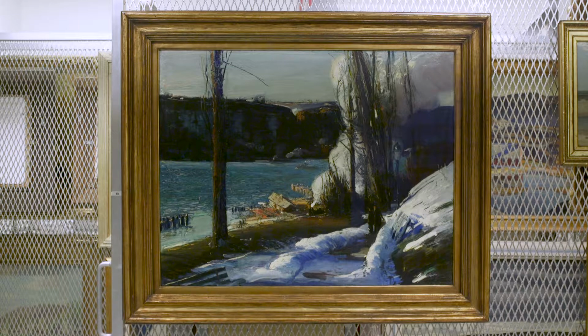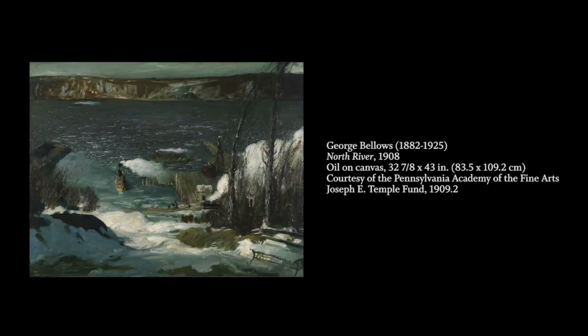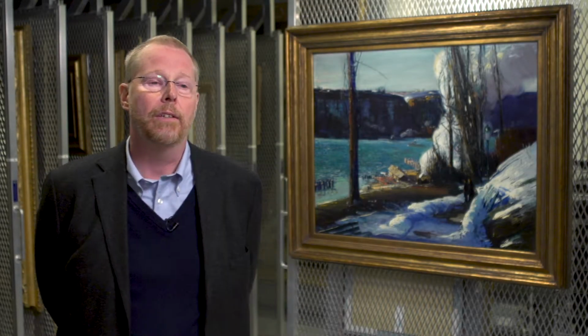Well, one of the things about this painting is that it is an example, one of the best examples actually, of Bellows' extreme canniness as a manager of his own career. So the year before this, in 1908, Bellows had had an enormous success with a painting called North River. North River describes the part of the Hudson that flows between the top of Manhattan Island and New Jersey. And in 1908, Bellows painted a North River which did extraordinarily well. It got a prize from the National Academy of Design, and that picture is now in the Pennsylvania Academy of